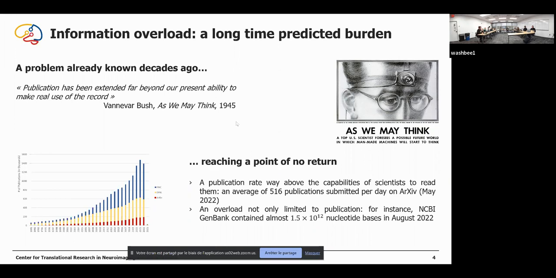So it was already the case in the middle of the last century, but now with the use of current technology, it's reaching a point of no return. We can see that last year on arXiv, the publication rate was way above the capabilities of scientists to read them. It was an average of more than 500 publications per day on arXiv, and this